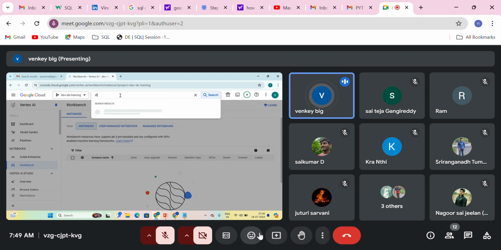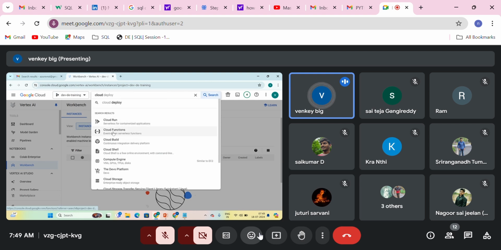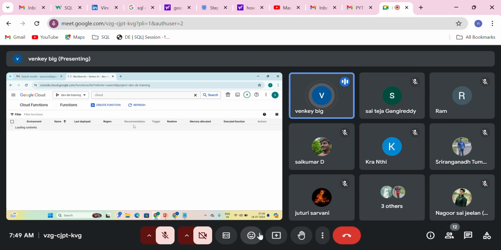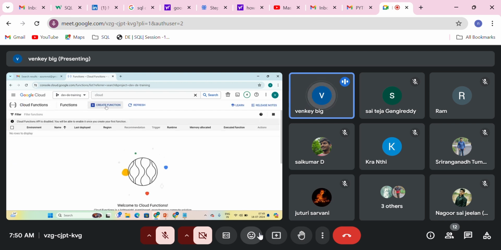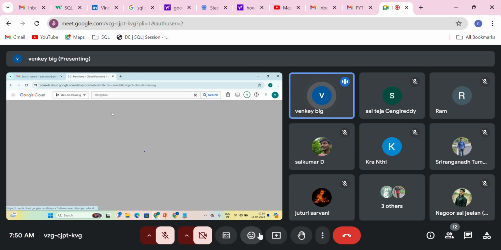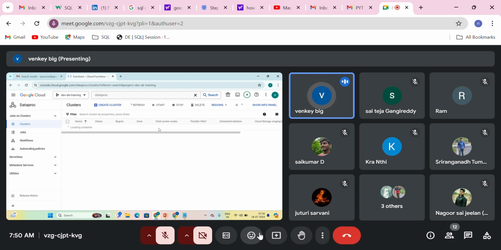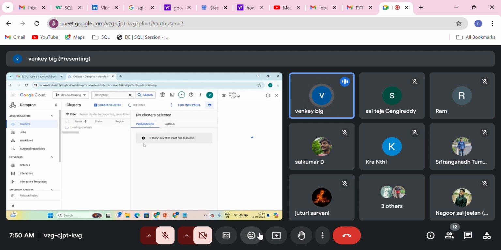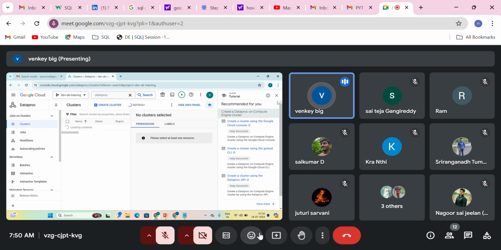So cloud functions. Here, if you see cloud functions, this is one of the services. You can create your cloud function by adding your Python code. And similarly, Dataproc. This Dataproc is one of the services that we use to do the processing.